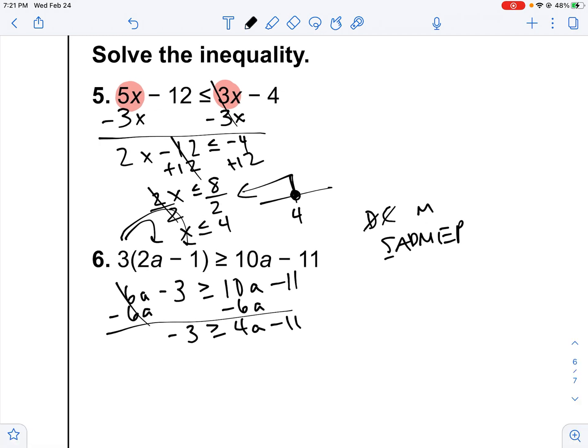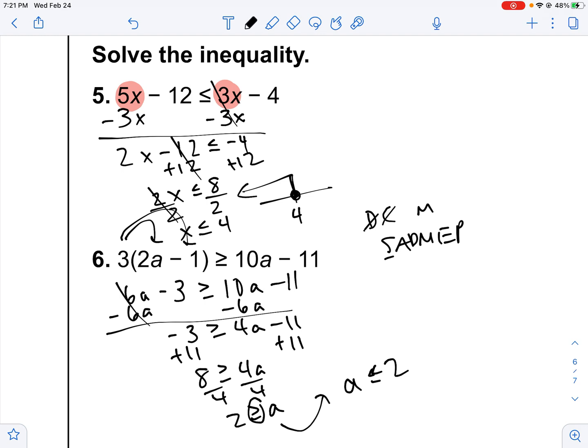Now we do the opposites. So opposite of subtracting is adding. And opposite of multiplying is dividing. Now remember, if your variable isn't first, you can make it first by moving everything. Notice this switched because I moved the a to the other side, so everything else has to switch. And now I have 2